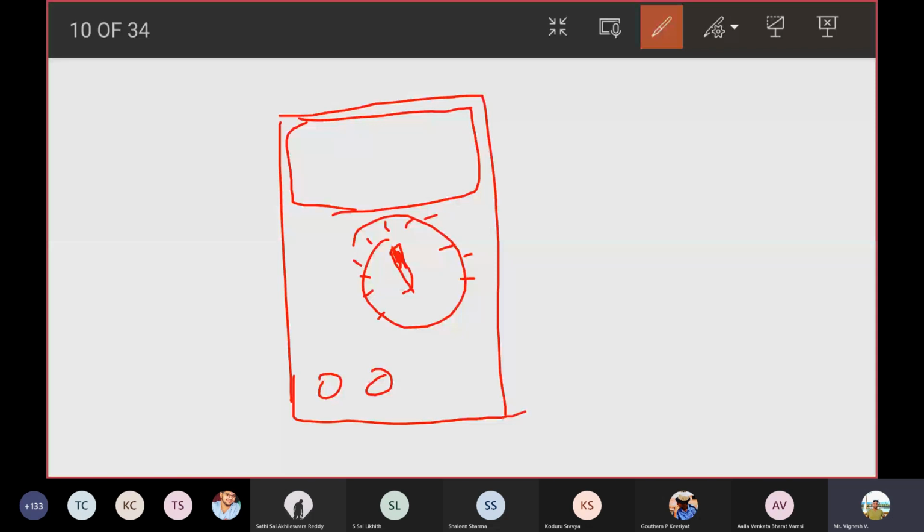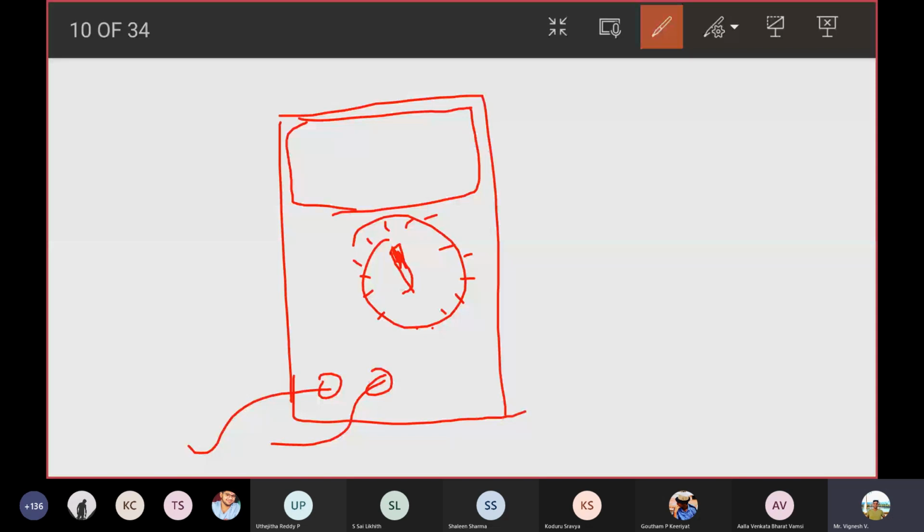Have you ever seen a multimeter? You'll have two probes coming out of this. Yes, sir, we have seen. Okay, some of you might have seen. Anyone who hasn't seen a multimeter in the class? Because it's important for me to understand if you have seen or not. Okay, if everyone has seen it, then